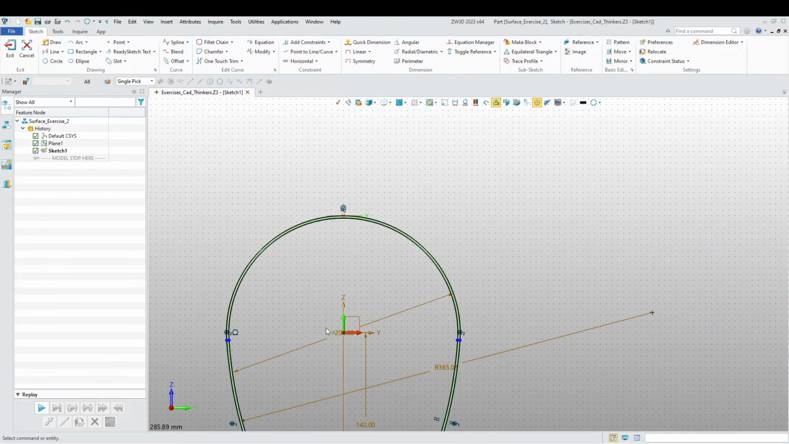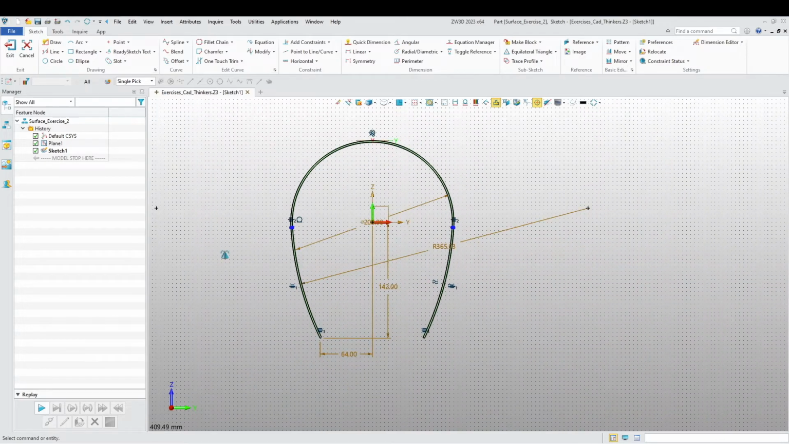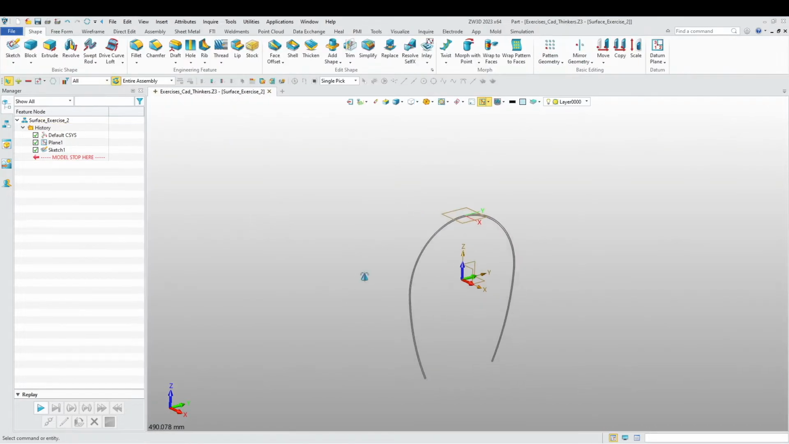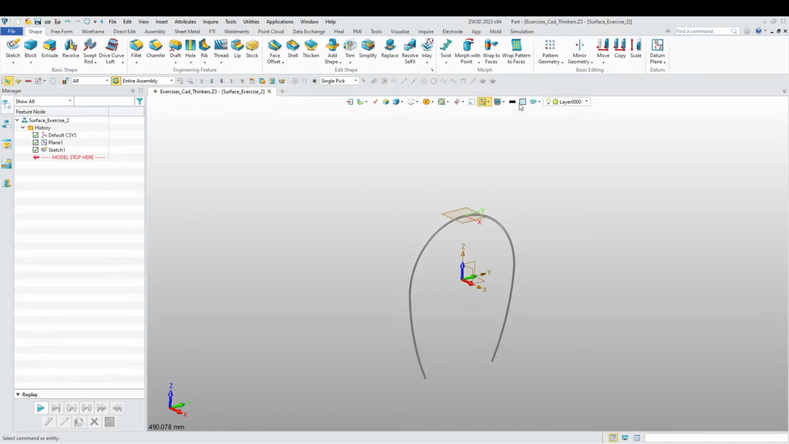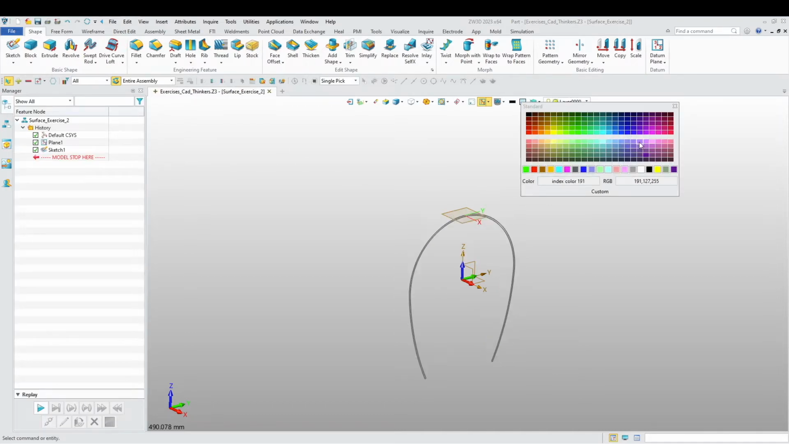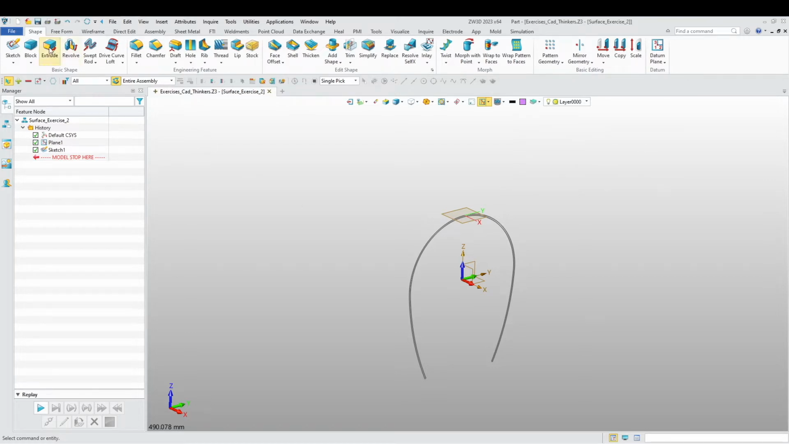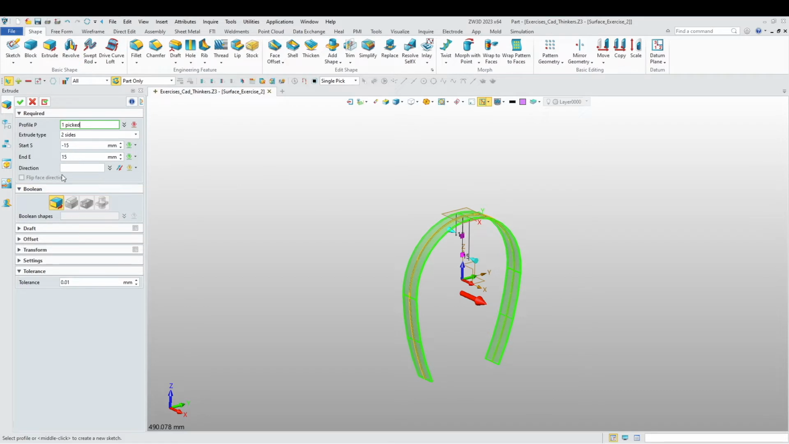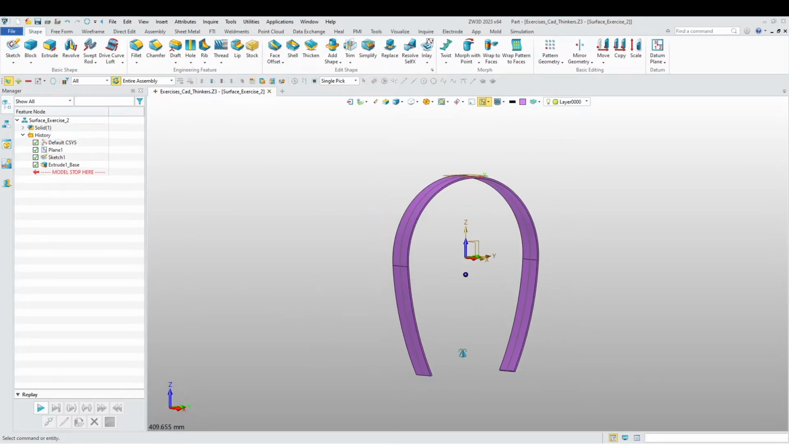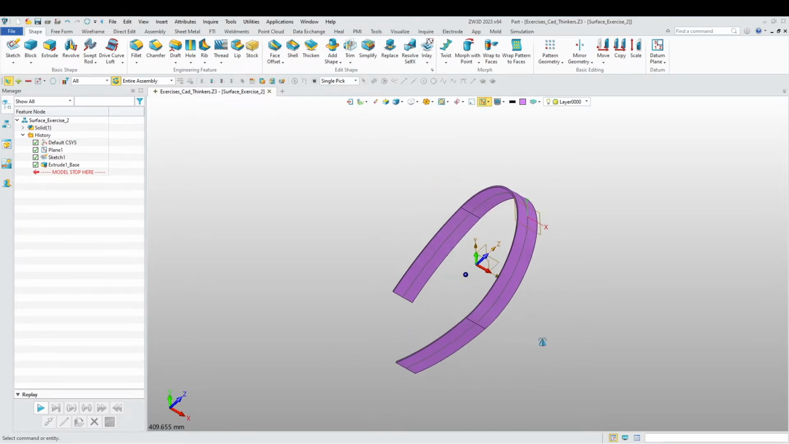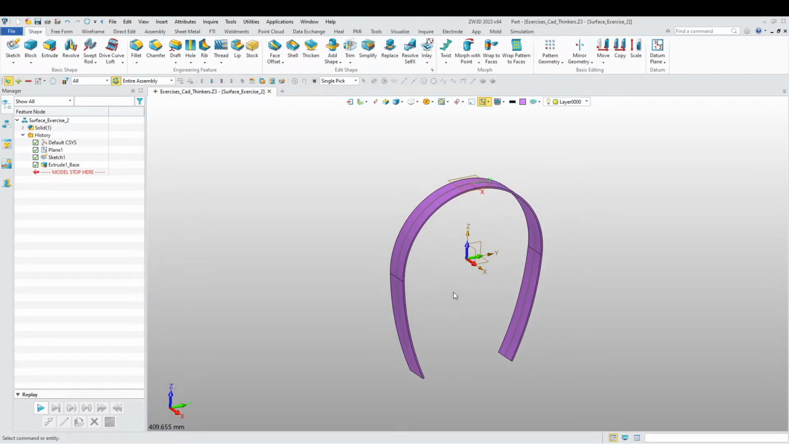Alright, so now let's exit our sketch, and I'm going to extrude this 15 to both sides. Before I extrude this, let me just change color here. I'll choose this pink over there. Alright, there we go, and here we go. Okay. Alright, now